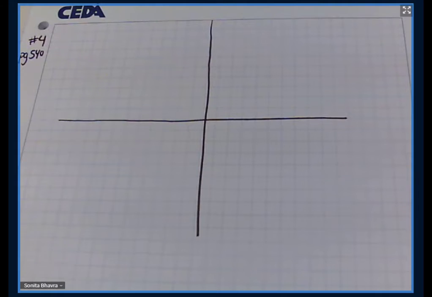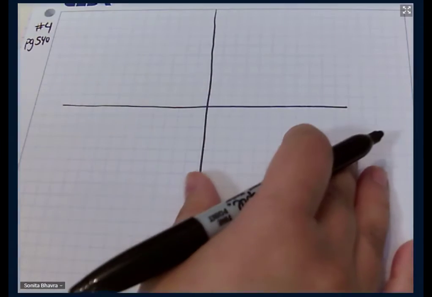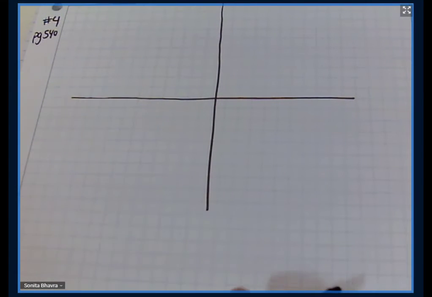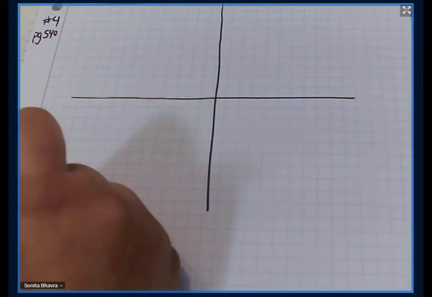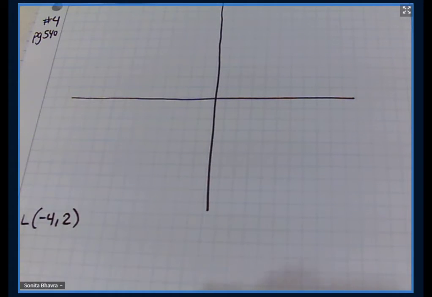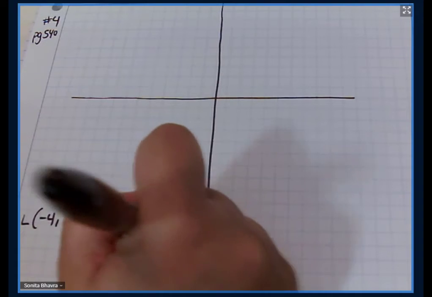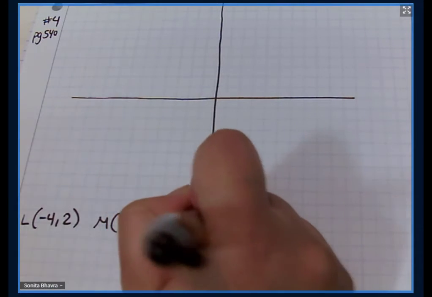All right, so we're looking at this next question. It's question number 4 under lesson 6, parallel and perpendicular lines. So triangle LMN has coordinates L, I'm just going to write them down here. Coordinates L are -4 and 2, and coordinates M is -2 and 7, and the coordinates for N are at